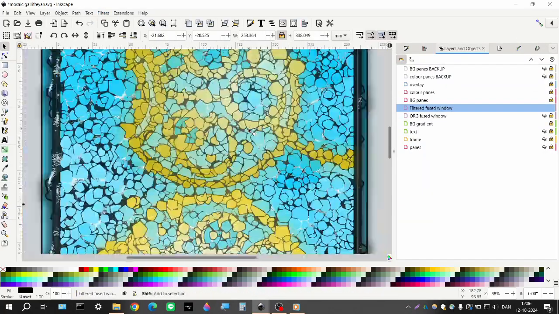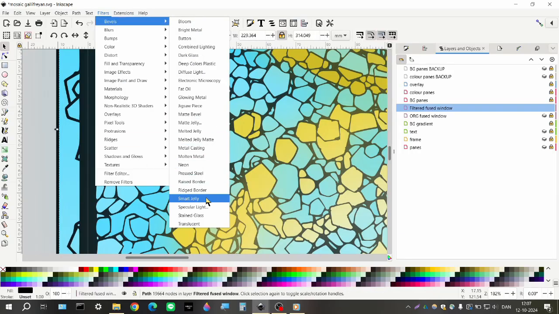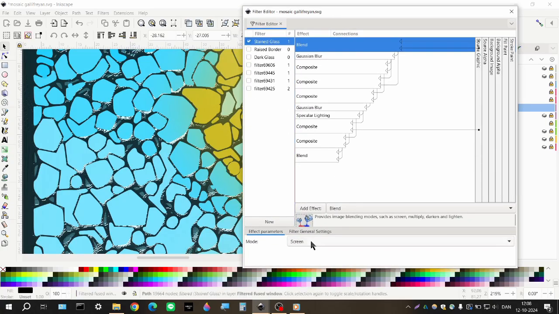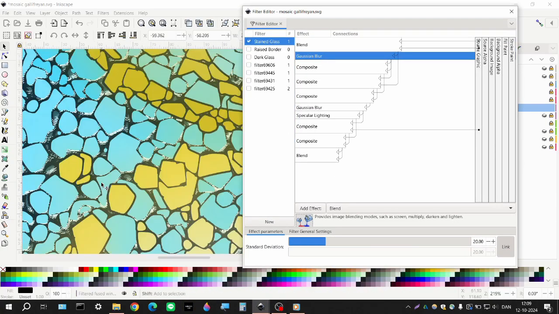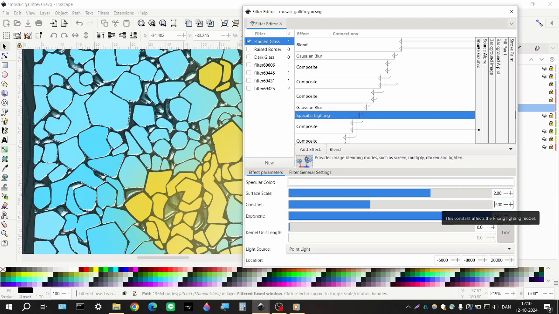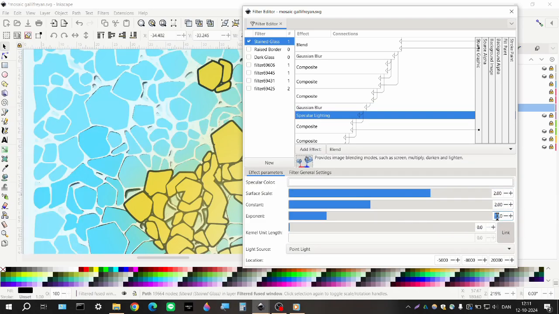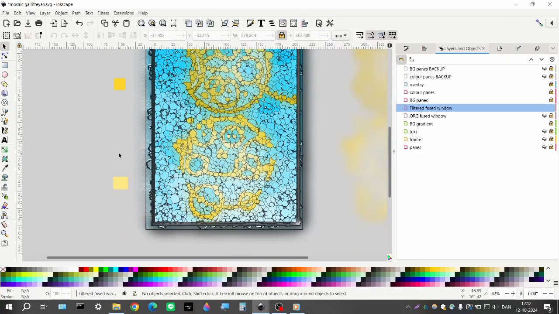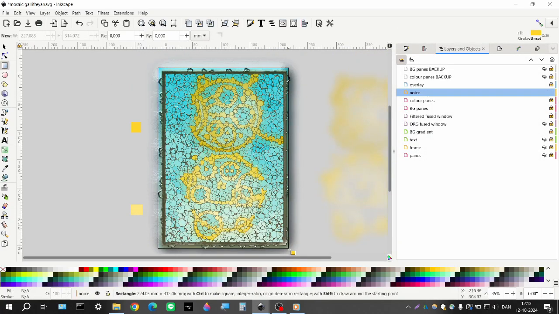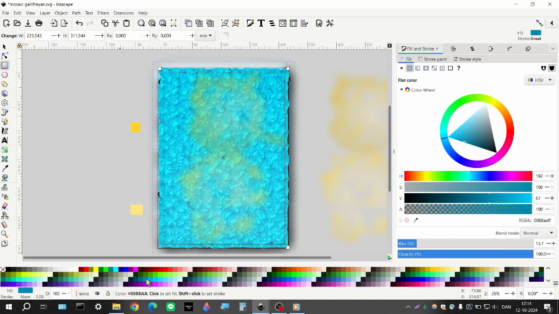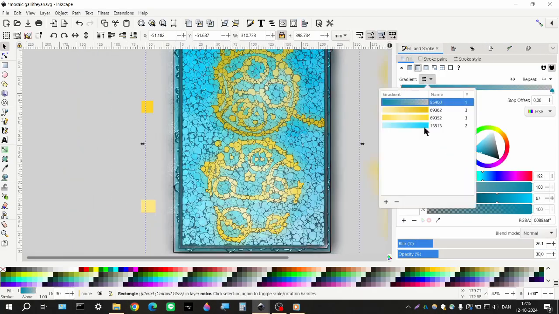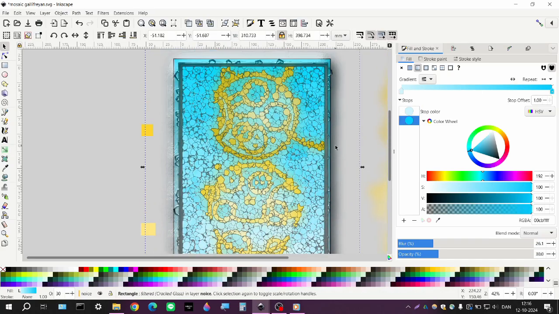Now, a quick detour here to see if I can add some fill or some noise to the panes, because they look too clean right now. Stained glass is not clean by its nature, so first of all, I'm going to give the lead a little bit of depth with a filter. That was one of my original ideas for this project. That's not something I've figured out just now. I always wanted to do some lead, but the noise in the panes themselves, that was a new thing I needed to figure out, because it didn't feel right. It felt too clean. So I added in a few different variations of a fill